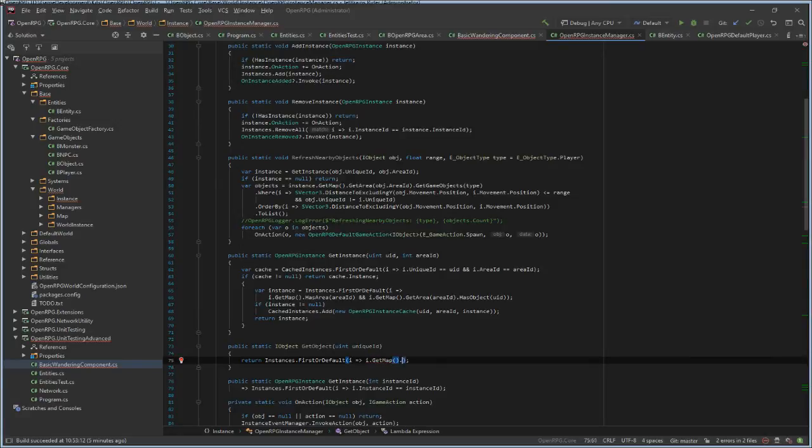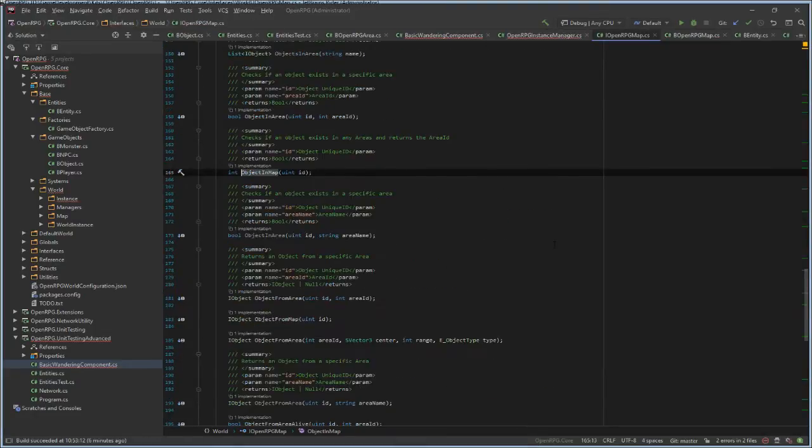Get map, has object in map, unique ID. What does this return?